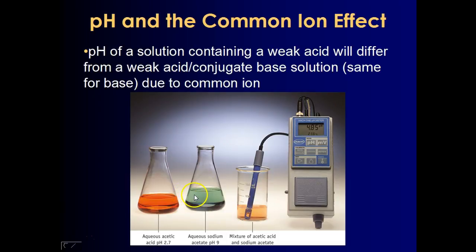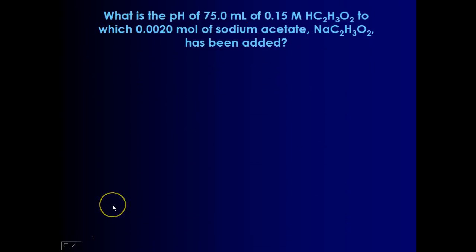But because of that common ion, it is not going to cause the pH to rise drastically if you add base to it. It's also not going to cause the pH to drop dramatically if you add acid, due to the presence of that sodium acetate. Okay. What happens to the pH of 75 mL of 0.15 molar HC2H3O2 when 0.002 moles of